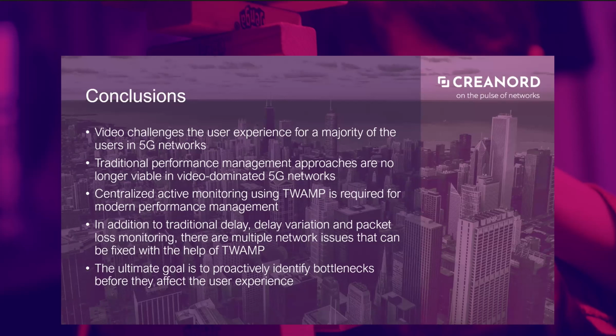We are reaching 80% globally in a few years. Many countries are above 90%, and the trend continues. Fortunately, there are things you can do. You can deploy a centralized active monitoring solution with TWAMP, which provides you the multi-vendor view of your whole network, and that gets you in control of your delay variations, packet losses, but there are actually also a lot of other network issues that you can actually fix with the help of TWAMP, which I talked a little bit about